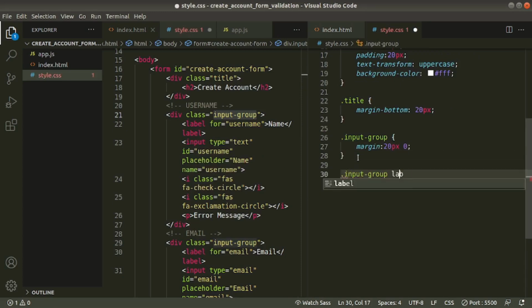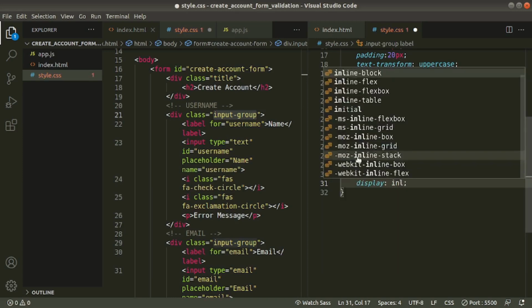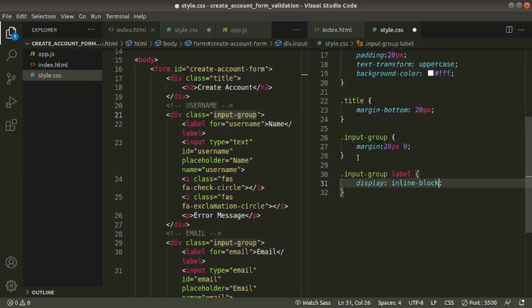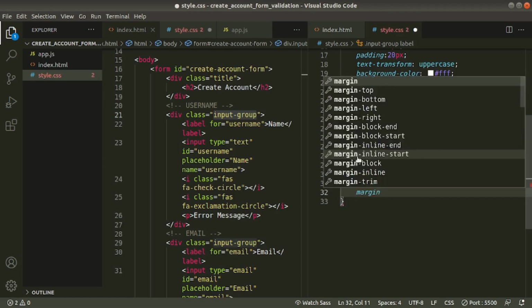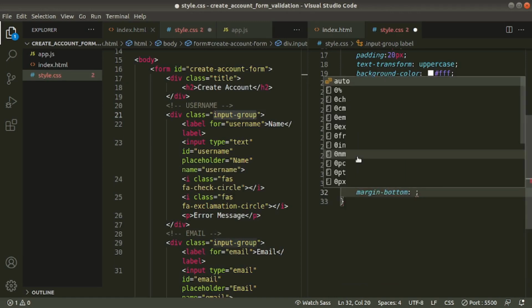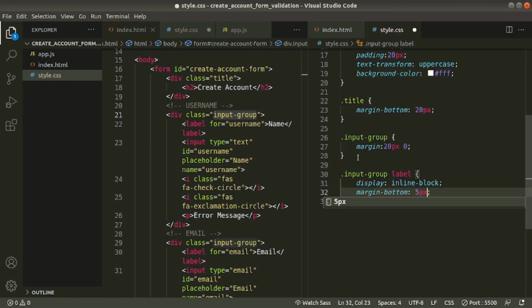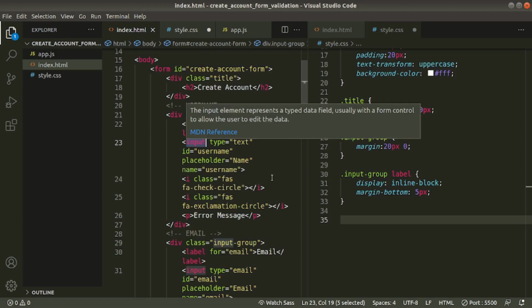First, label. Label is an inline element. We'll make it inline block so that it gives some margins. Margin bottom 5 pixels. Now we have this one input. We'll style this one.